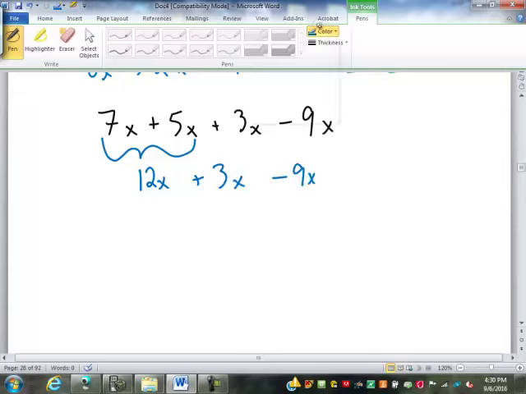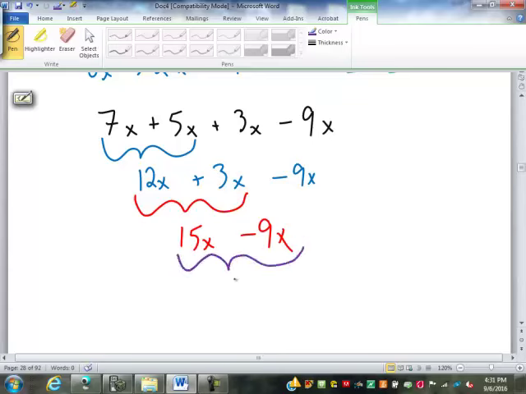Then what? 12x plus 3x is 15x. And finally, 15x minus 9x is